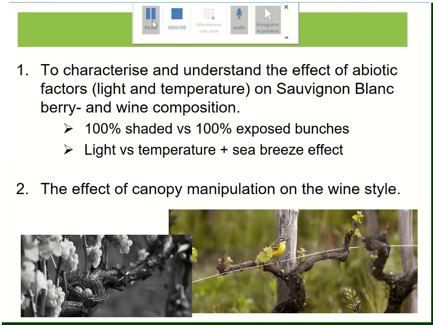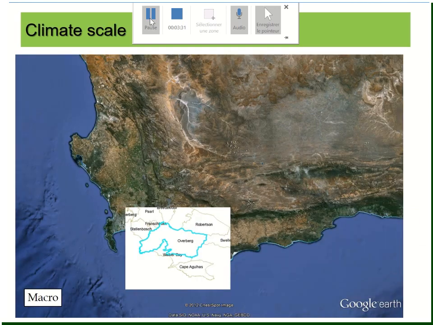So, to understand the effect of light and temperature on the berry composition, we compared various situations, but let's summarize by saying that we compared 100% shaded clusters of Sauvignon Blanc to 100% exposed clusters of Sauvignon Blanc. These experiments have been done over 3-4 years in South Africa, in the Western Cape area, and in the